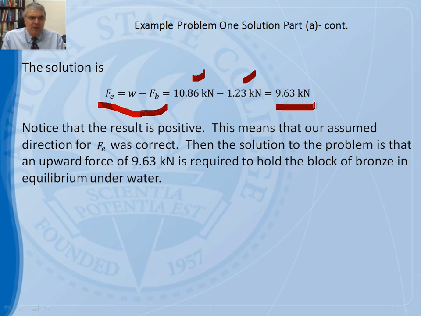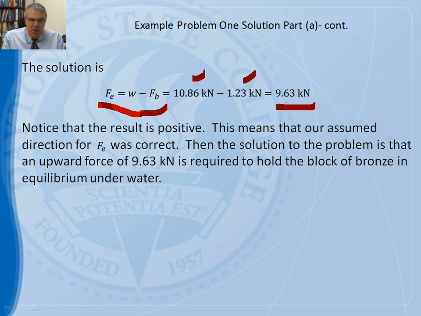If it turned out that this number is negative, then we need to go back and change the direction of F sub E, keeping the same magnitude. So the magnitude would be the same, except we are going to change the direction. So our assumed direction for F sub E was correct. The solution to the problem is that an upward force of 9.63 kilonewton is required to hold the block of bronze